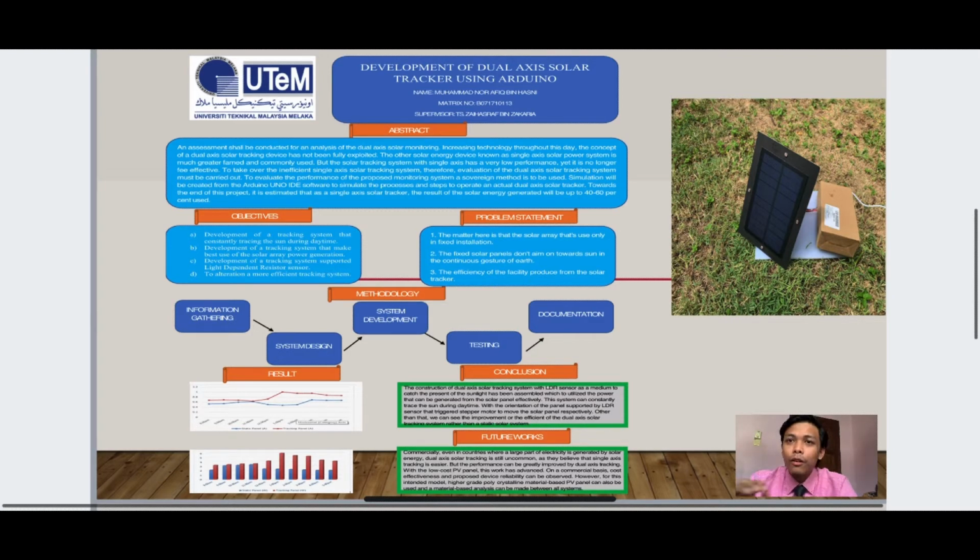The number one is information gathering. For this point, I do research about the development of the dual axis solar tracker, and also the single axis solar and the static solar panel. I do this research to understand the criteria that are important for developing the dual axis solar tracker, to get more information about how to build it, and to get acknowledgement of the past technology used to